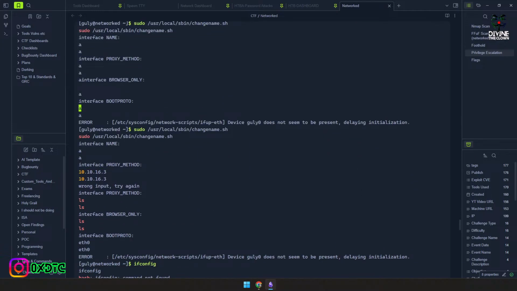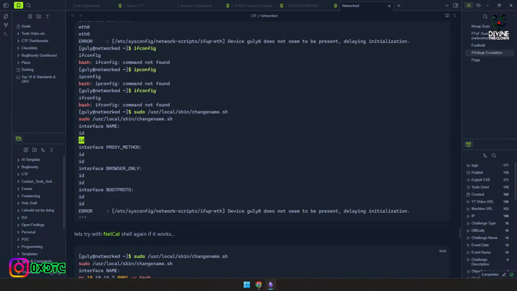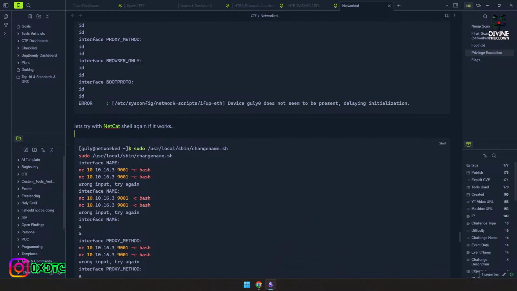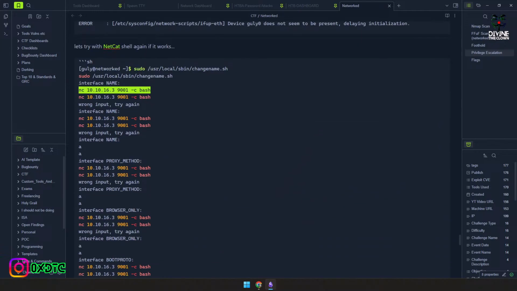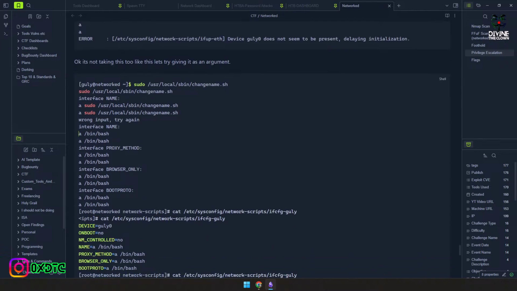If you can see, I was trying with a single variable, then I tried the command ls, then I even tried ifconfig, but it didn't work. Then I tried id also, it didn't work. Then I also tried to perform the netcat, but that also didn't work. So after putting some time around, I thought let's provide it two arguments, and I did the same. You see over here I have initiated /bin/bash, and it accepted that, and I gave this as an input for all the four variables, or the four